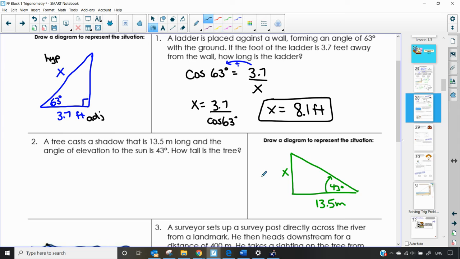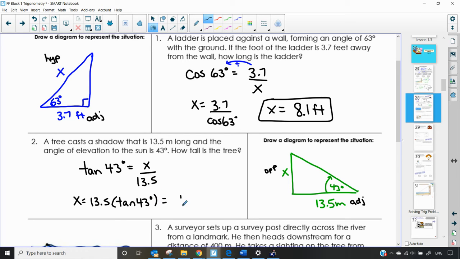So again, once our diagram is drawn, we label our triangle. So x is opposite, 13.5 is adjacent, and so our formula is going to be tan. So tan of the angle, so tan of 43 degrees is opposite over adjacent, which is 13.5. And again, numbers on the bottom, so we're going to multiply. So 13.5 times tan 43